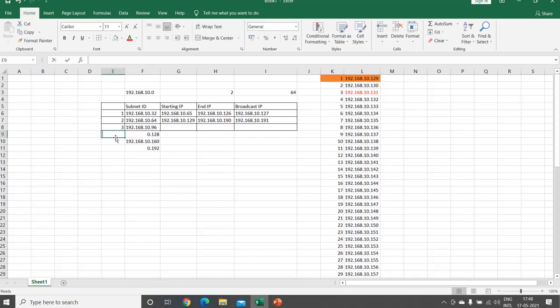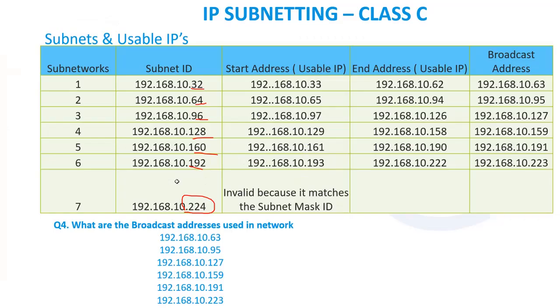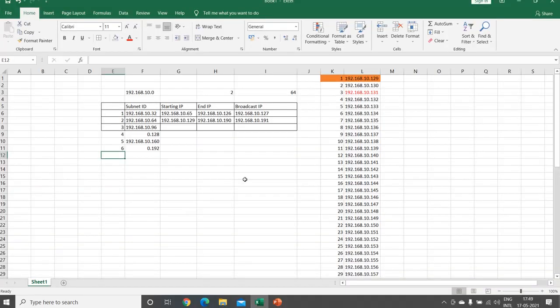So 4, 5, 6: 32, 64, 96, 128, 192. Then our subnet mask is 224. So the last will be 7, it is 0.224. So here I'm stopping because my subnet mask is matching with the value. I'm not proceeding here. So now filling up the balance table.